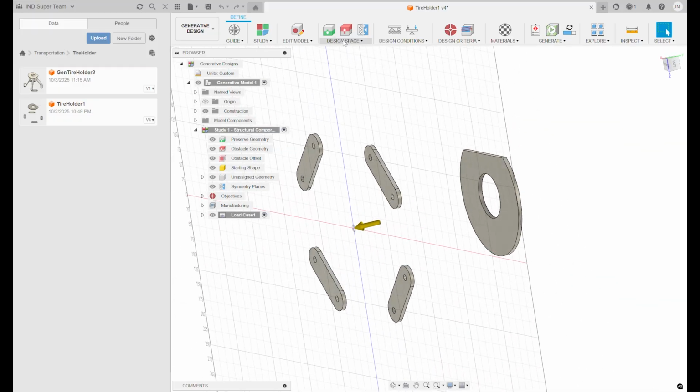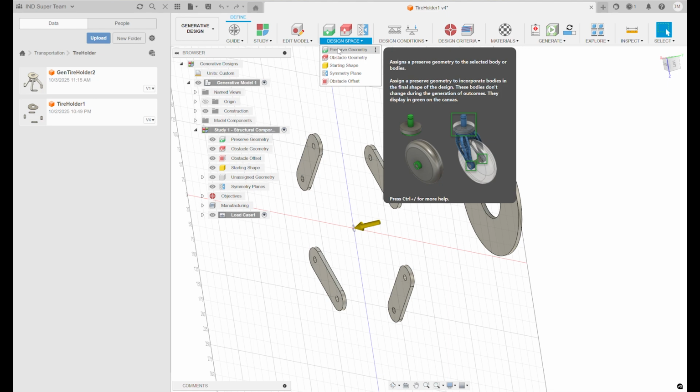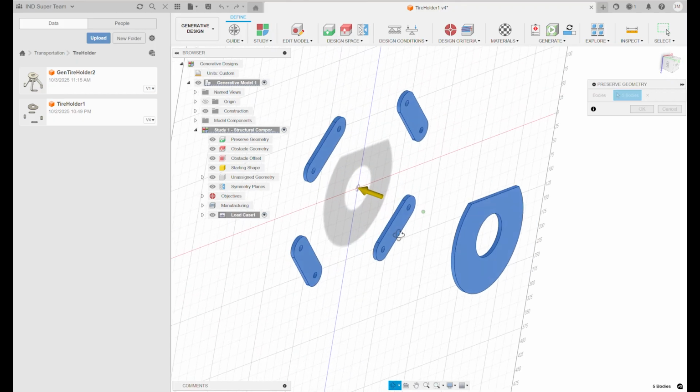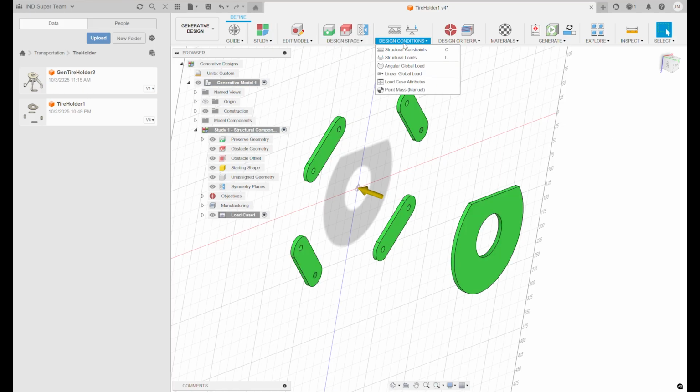So I'm going to go up to Design Space, Preserve Geometry. I'm just going to lock down these faces. Actually, I'm going to grab these bodies first. I'm getting ahead of myself here. All right, we're going to keep that geometry. 5 bodies. Okay. Now, design conditions,